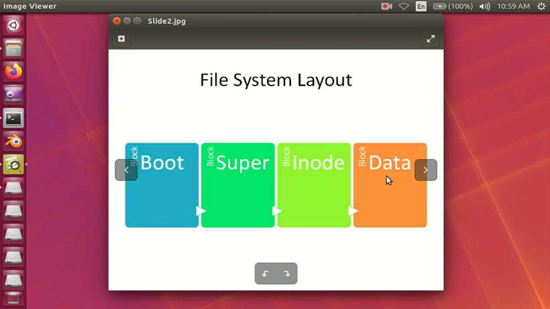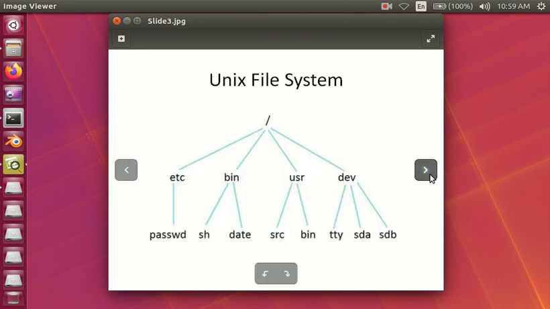Now in Unix we have a hierarchical file system, which starts with root. Any file we need to access has a path name, and the absolute path name starts with root.